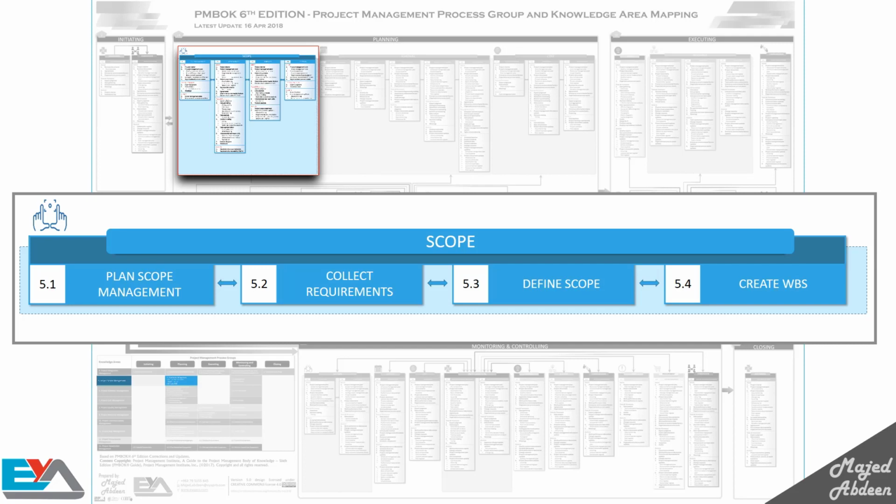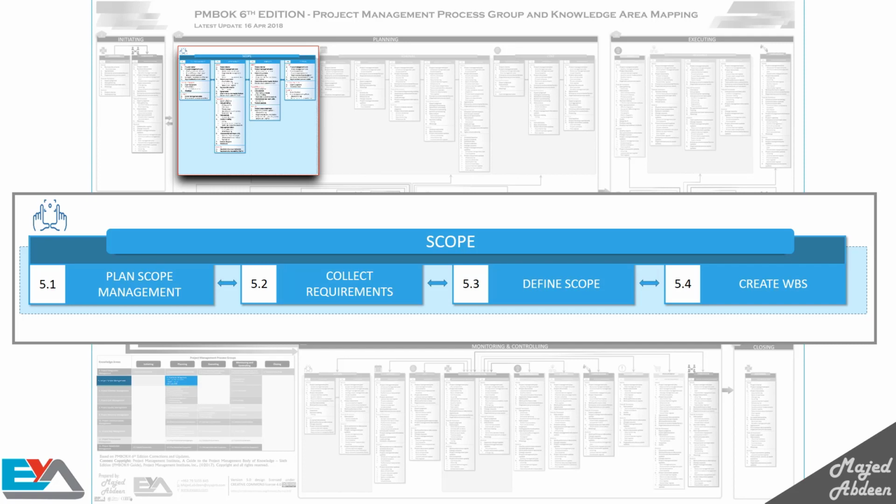To do this, we have 4 processes in the planning process group and another 2 processes which we will talk about later. The first one is plan scope management, where you plan all the work you will do to define your scope. You must plan in advance how you'll determine the scope of your project and how you'll manage and control it. As we said before, for all the processes, you will get outputs when you finish them. For this process, the scope management plan is one of the main outputs. We use this to document your plan for how you'll define, implement, monitor and control, and validate the project scope.